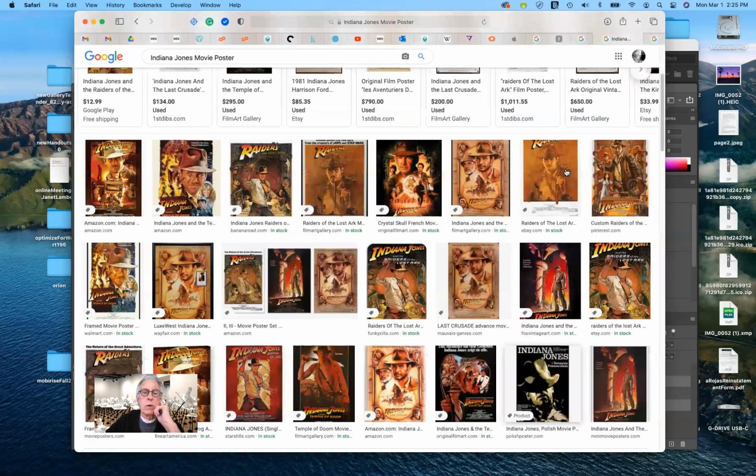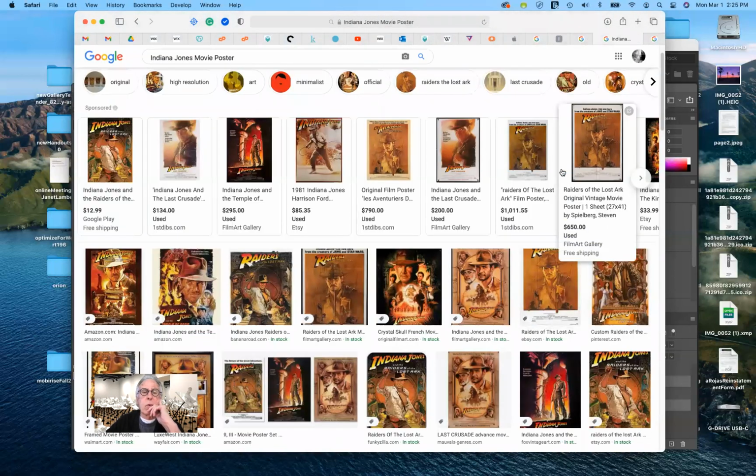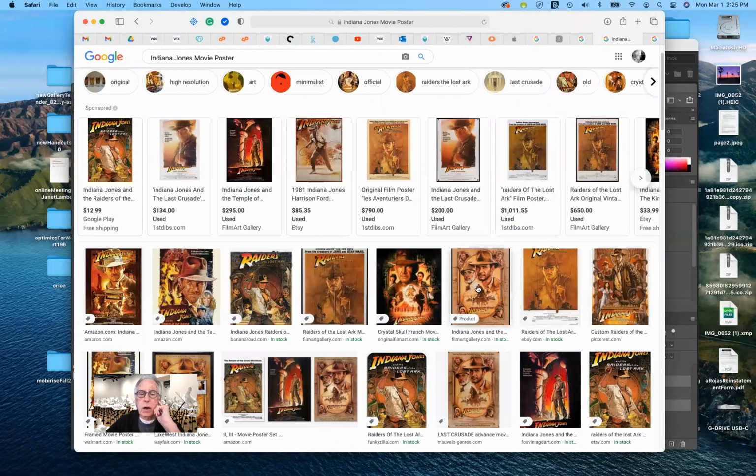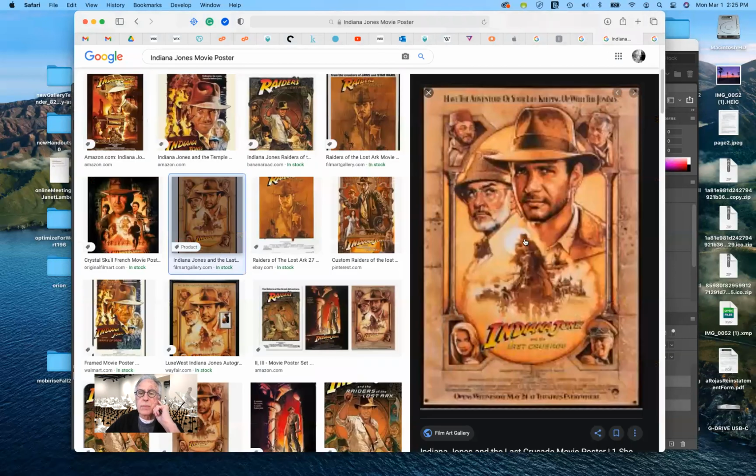The other ones that I really, really like, if you're going to go for a montage or collage look, would be something like Indiana Jones. Well, it was originally a trilogy. I think these are really powerful because they show everything, not only the lead characters, Harrison Ford and, oh shoot, I can't think of his name.